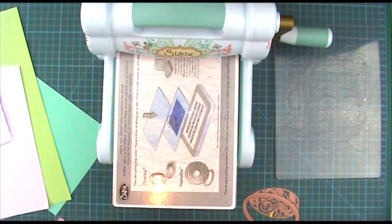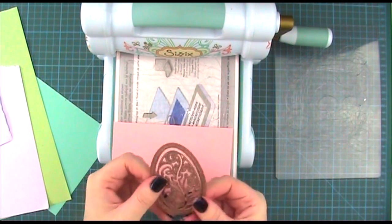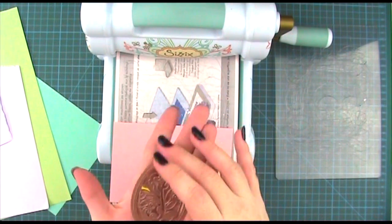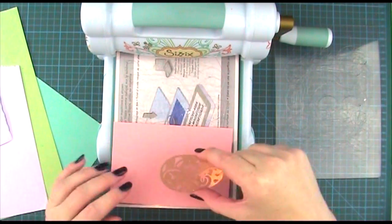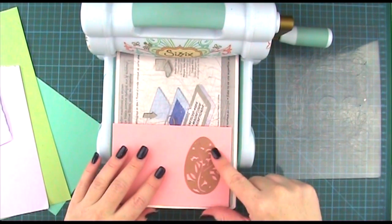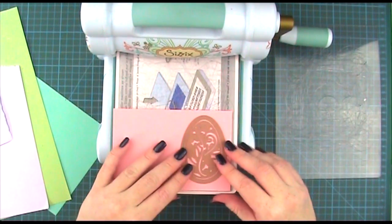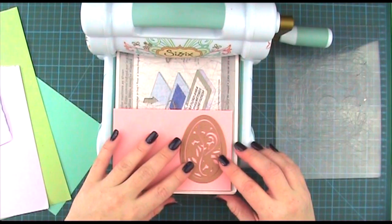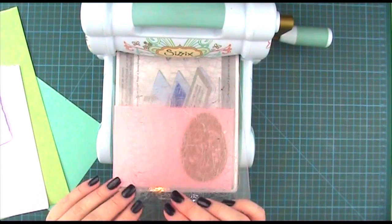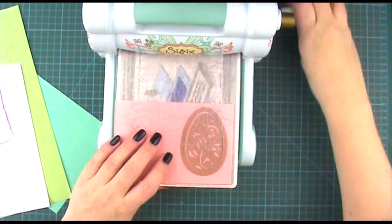Then take, after your magnetic platform, one of your cutting mats, pop that down, and then we're going to decide on our paper. So I've got a piece of pink. I'm wanting to cut this filigree with the edge cut out, so I'm going to pop my cutting side down. So I'm going to put my egg up there like so, and you can hear it clacking down because of the magnetic, and then my cutting edge down as well, and then making sure it's nice and central and it's all gapped properly,